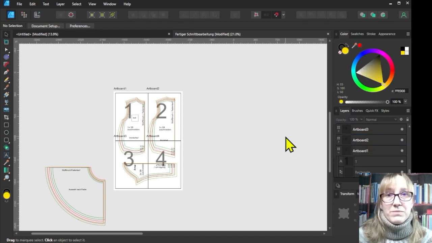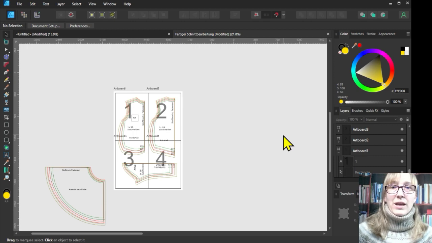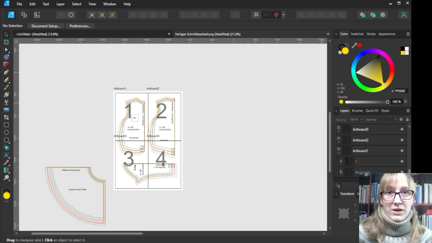artboards. Sometimes I find it easier to duplicate the cut again and then align it on the templates, and then do it in the original. Then delete the copy and then put the templates behind it. But that's something everyone has to decide for themselves. We'll create the PDF now.